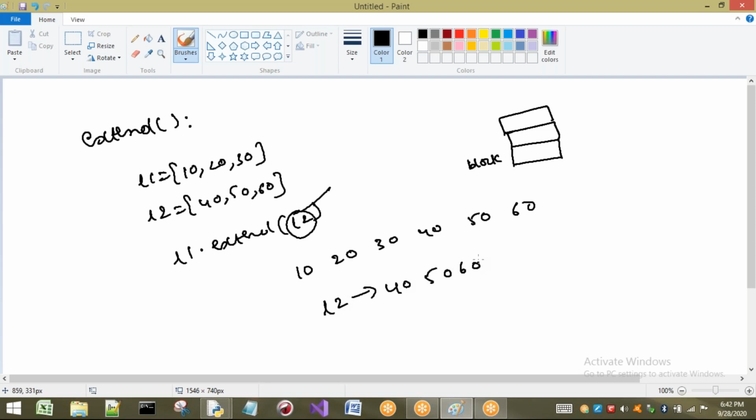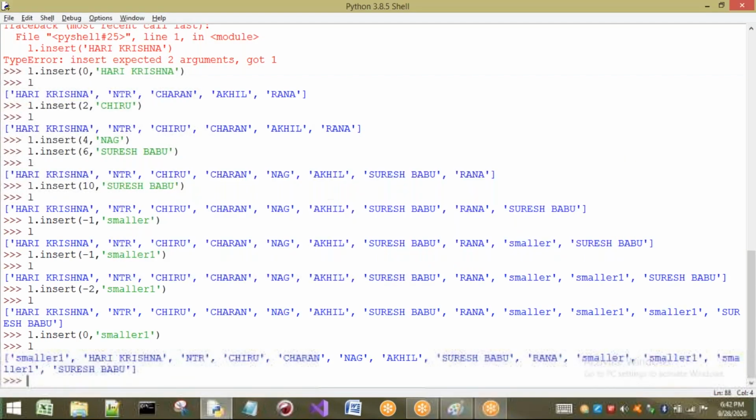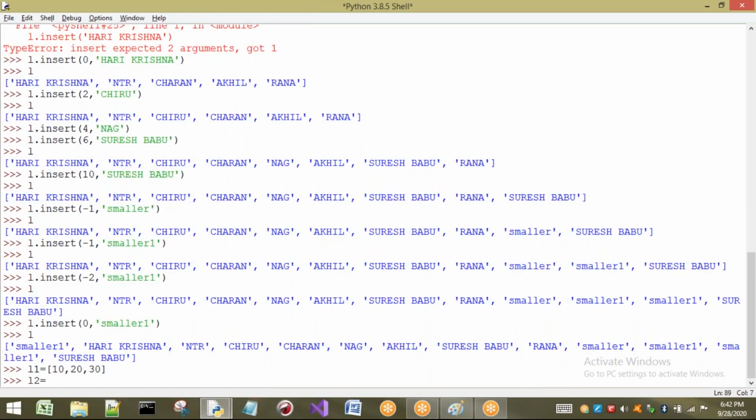Now I will show you the example with other types also. Here I have taken only two lists, but I will take one more, a string, and show you how the extend method is going to act. Now see, L1 equal to a list of elements 10, 20 and 30, and L2 I am going to take as 40, 50 and 60.